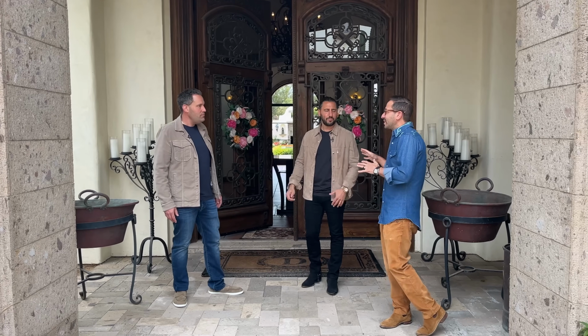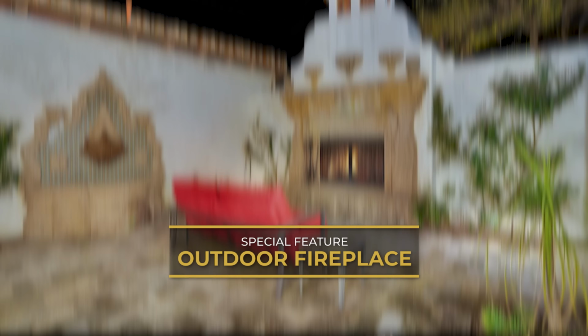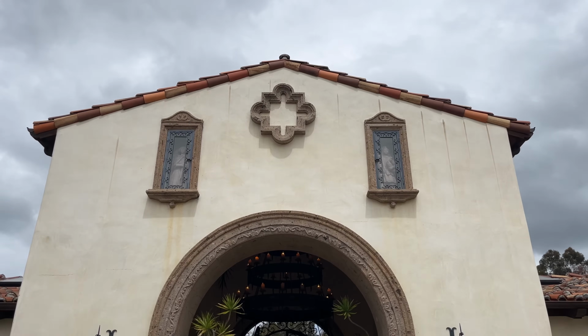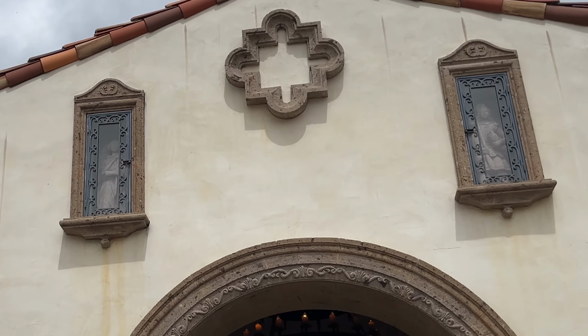Hold on, before we go in, Josh, look to your left as those roses go above that fireplace. The grounds here are incredible. Come over here, Mark. I want you to turn around to look in these two windows. You have these statues inside the windows, which are just another step that has been taken in this estate that